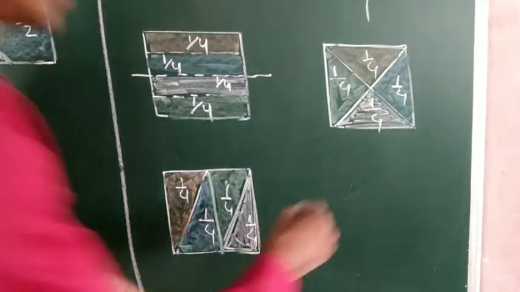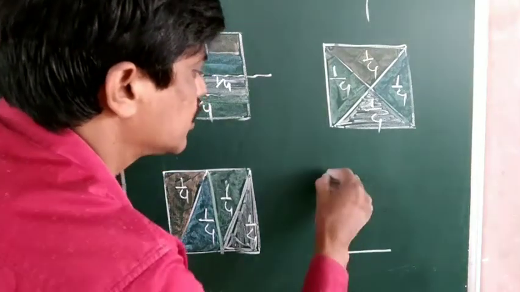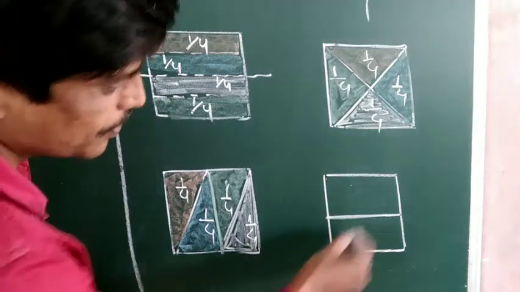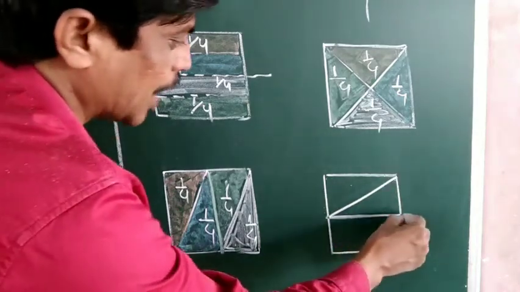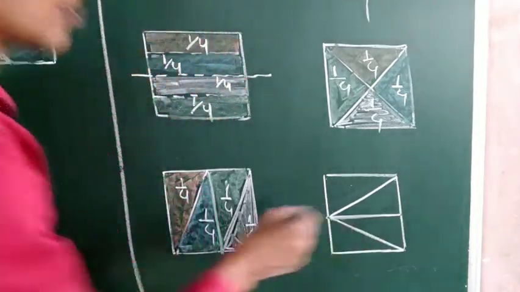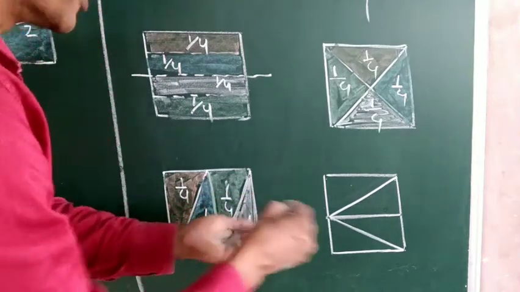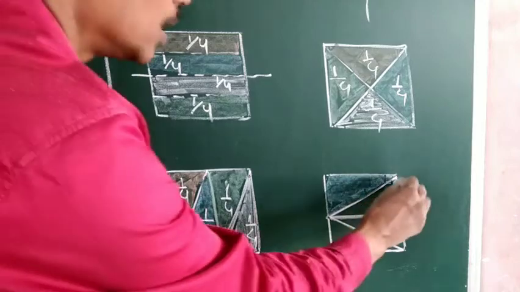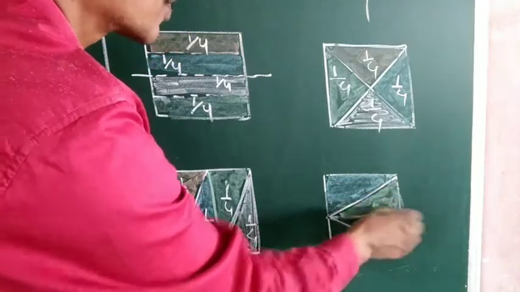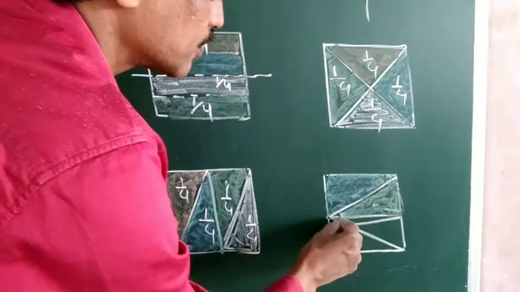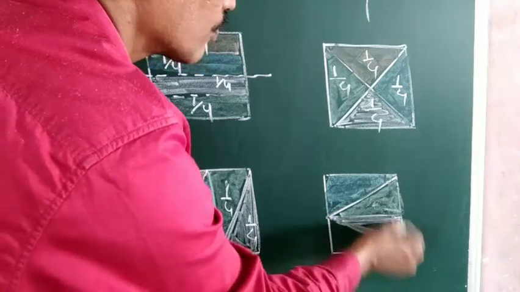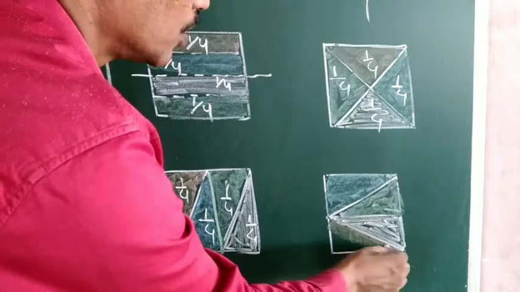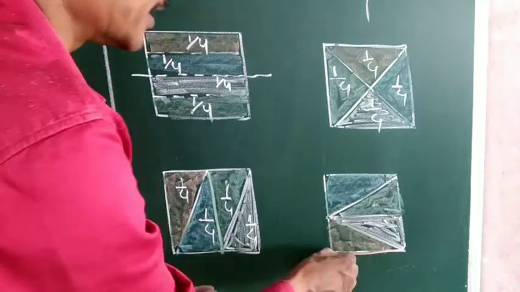One more way. See, this is one more square sheet. Try to make the different parts here again. See, like this half, and again half of this half, and half of this half. So again here, half of half is a quarter. So this is 1 quarter. This one is another quarter. This one is the third quarter. And what is this? This one is the fourth quarter. And these four quarters make one whole sheet.